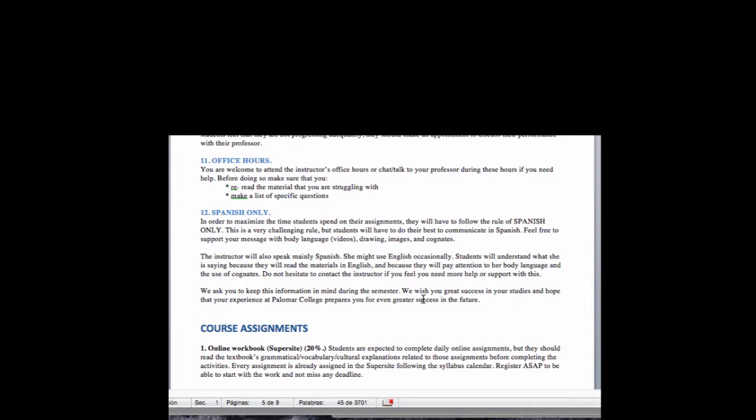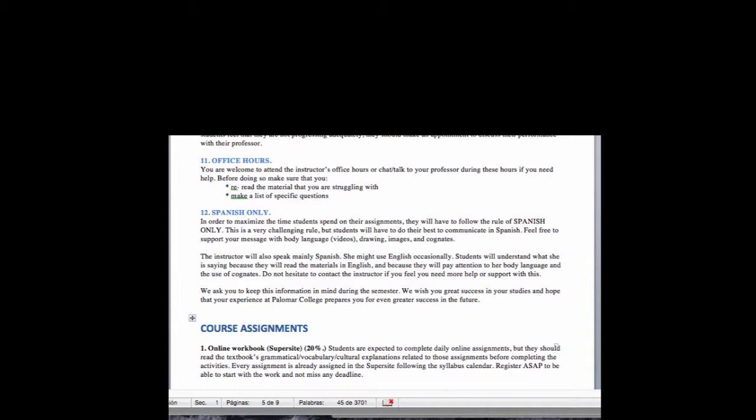So if you struggle with this, better to contact me at the beginning of the semester than take the frustration all the way to the end. And do your best. You may not understand everything, but hopefully you understand the most important parts, and you develop strategies to figure out how to survive a class taught in Spanish, which is how good classes should be taught. But again, keep communication open with me to solve any problem that you may have.